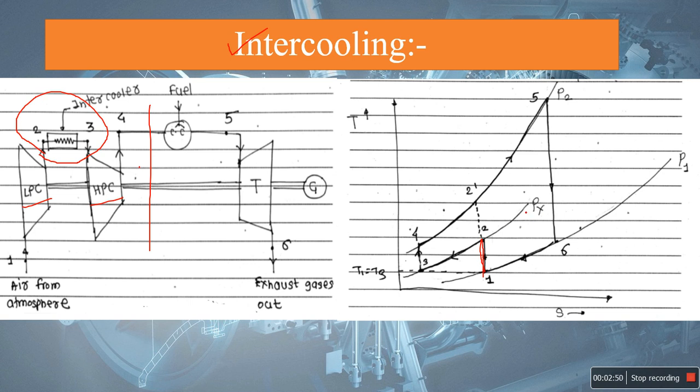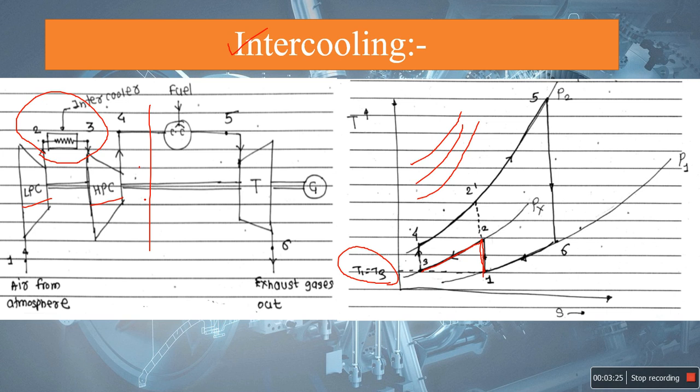On the TS diagram, the nature of the constant pressure line is like this. After compression 1 to 2, keeping the pressure constant, the high temperature air is cooled in such a way that the temperature becomes T3 equal to T1,